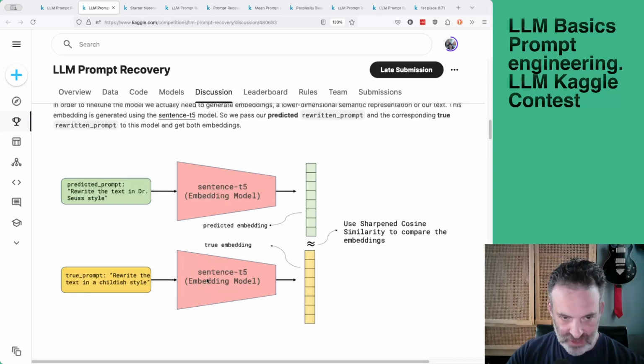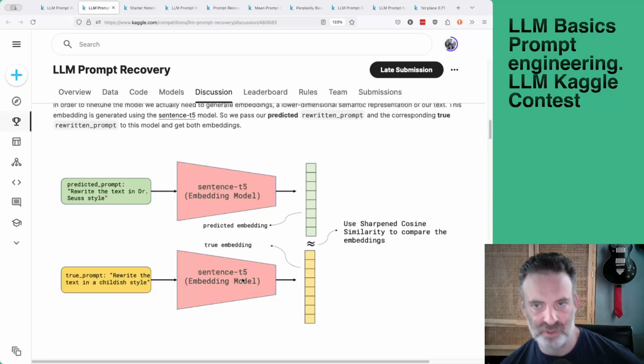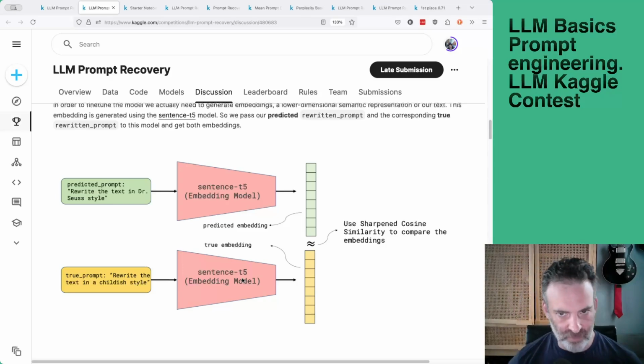It's going to be passed through the Sentence T5 model, which basically just takes the text and returns tokens. If you're not familiar with the tokenization process, it's what you need to do to transform text into a numerical representation to pass to a model. If you've never done tokenization, just use that as the takeaway. It returns a matrix because they're dealing with deep neural networks. Passing it to the T5 model returns an embedding, which is then compared using an evaluation metric called sharpened cosine similarity.